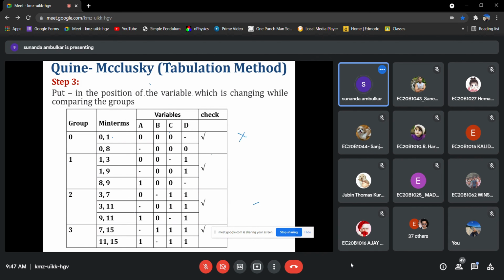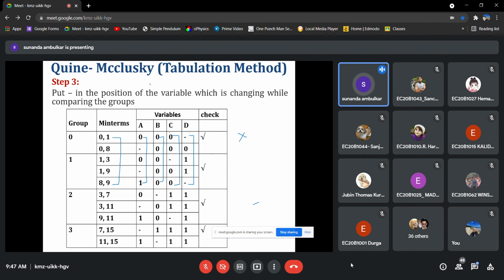Again, we'll check 0-1 with 8-9. So the change is 0 0 0 dash and 1 0 0 dash. Okay, so we see here this is a possibility.